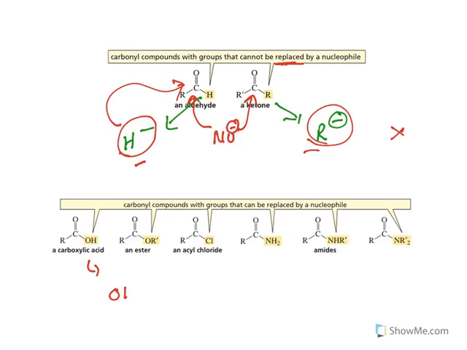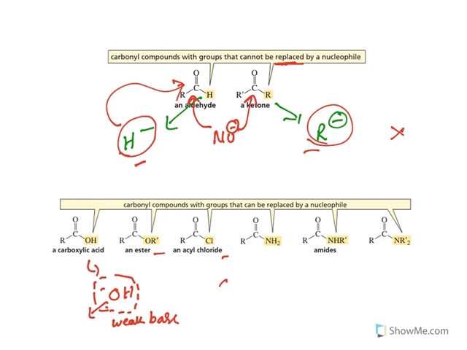Now think about this case. What is OH? When it comes out, it becomes OH minus. OH minus is stabilized. Why is it stabilized? Because oxygen has high electronegativity. It is happy to accommodate electrons with itself. Hence it is called a weak base. It is not readily reactive. It is a stabilized one, so it is a weak base.